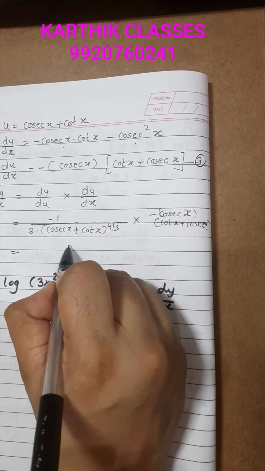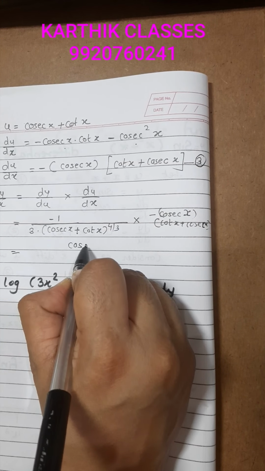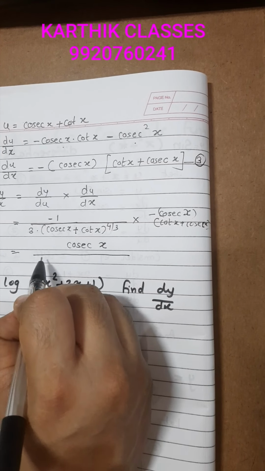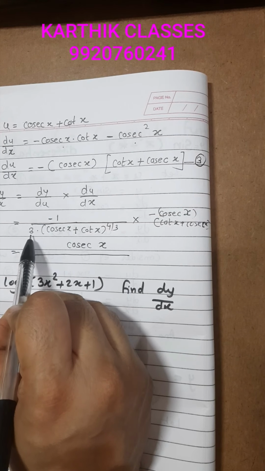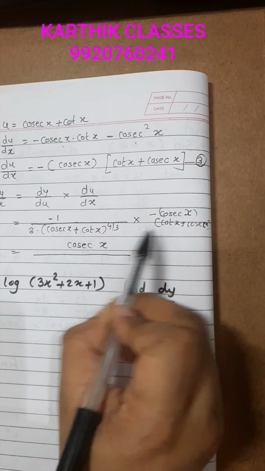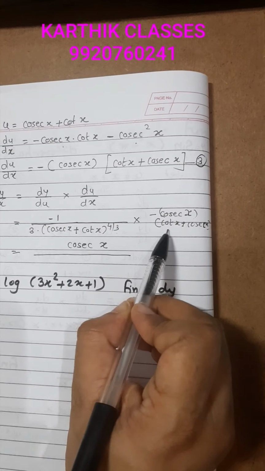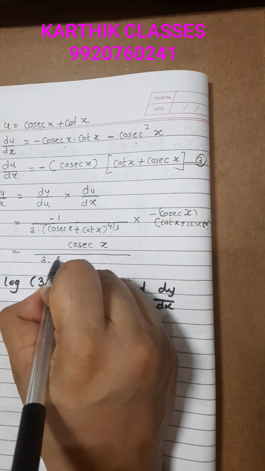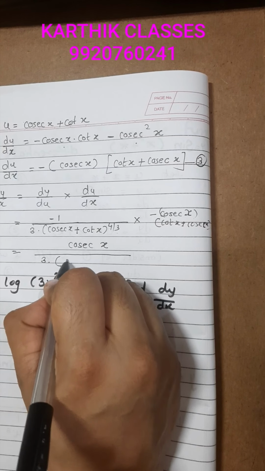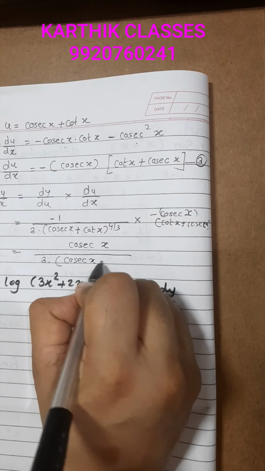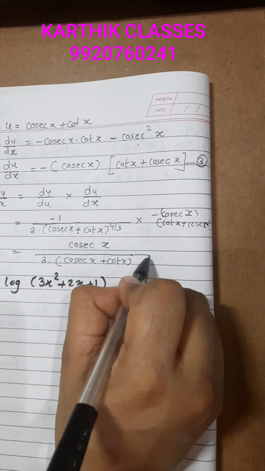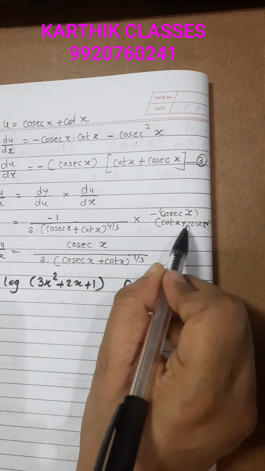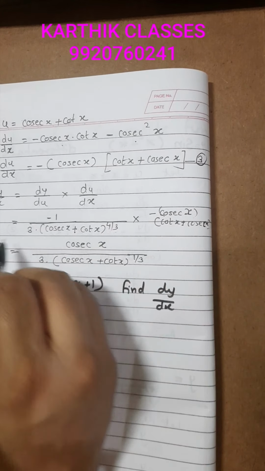now this minus sign will become plus, so we have cosec x upon, now you can see this term is in the numerator and the same term is in the denominator, that is cot x plus cosec x. So we can have this 3 constant as it is, and this becomes cosec x plus cot x raised to 1 upon 3. So that is going to be our final answer. Just solve this. This is degree 1, this is 4 by 3.